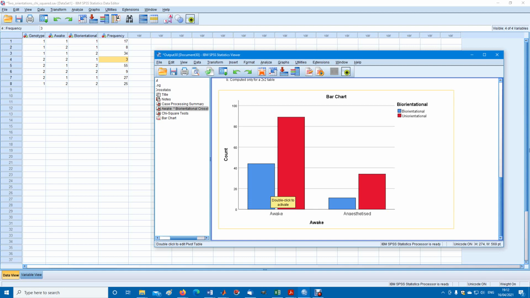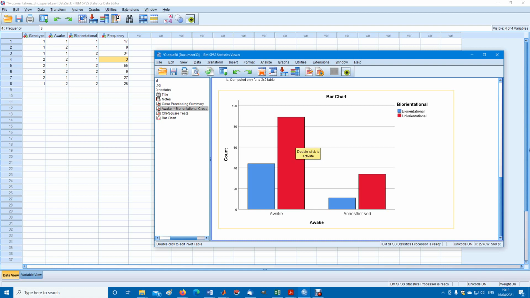So in the case of the cells in the awake category, we have the bi-orientational ones in blue and the uni-orientational ones in red, and we can eyeball this and say that about a third of the total are bi-orientational, the blue, and 2/3 are uni-orientational, the red. This is for awake. For anesthetized, we have fewer observations. However, if we eyeball this again,